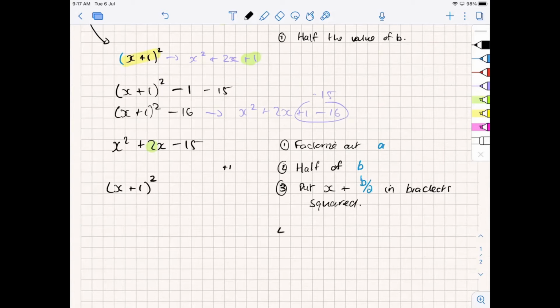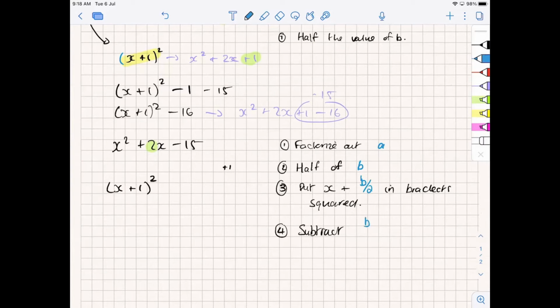Right, step number 4, I need to remember I've created a term which I don't want. And that term happens to be half of b squared. Okay, and in our example, it was just 1 squared, so it stayed 1. But if we have different equations, there will be different terms, okay? But you can trust me that it's half of b squared. So we need to subtract,